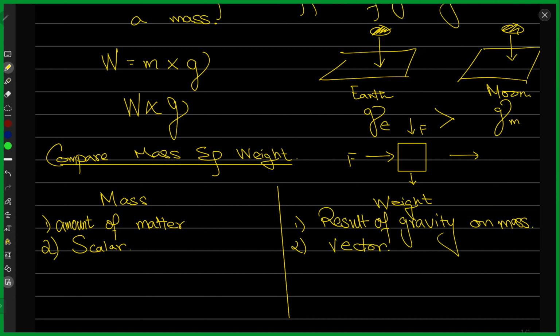All right. So we'll not go into any further contrasts between the two. I think this is enough. You can already figure out that if weight is like a force, then the units for weight are newtons, while the units for mass would be, obviously, as we have talked about, kilograms. Okay, so with that, let's move forward. The goal was to complete this chapter today, but I think that might not be possible.